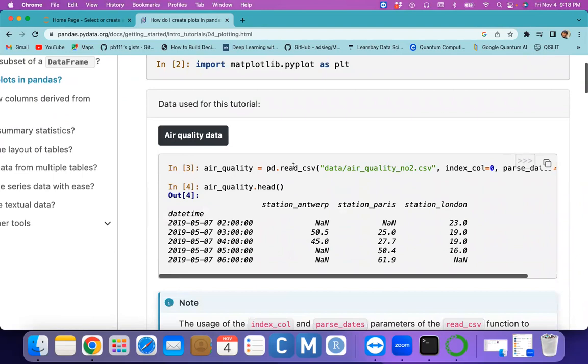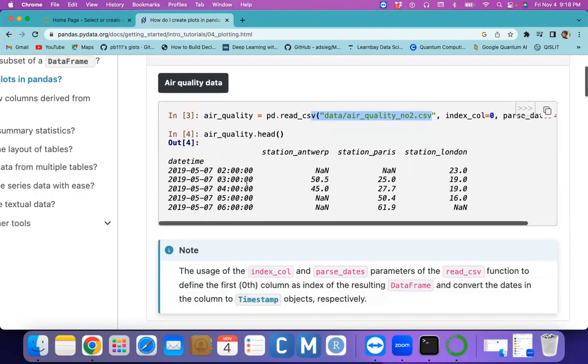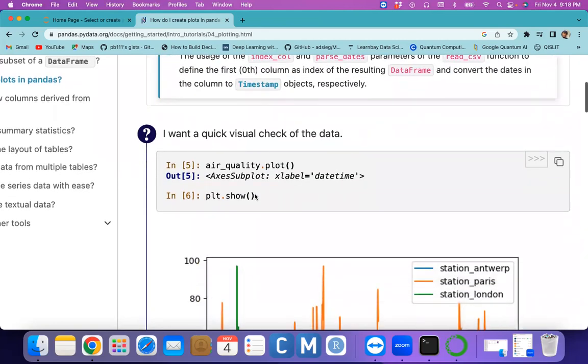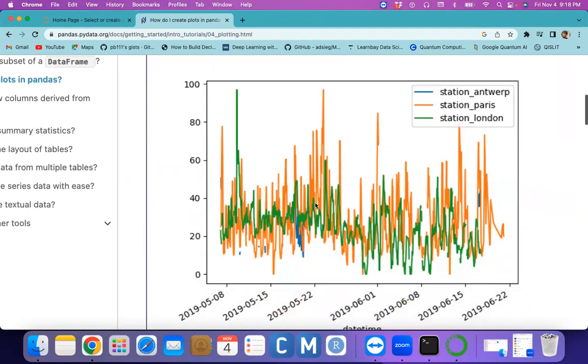Okay. So here we have some air quality data, and we are reading that particular record. Just try to understand, this is data which is available online. We can download it, open that particular file, and display it, and I want it plotted. So here air_quality is my data frame. I just used the plot method. When I use the plot method, it will plot all the